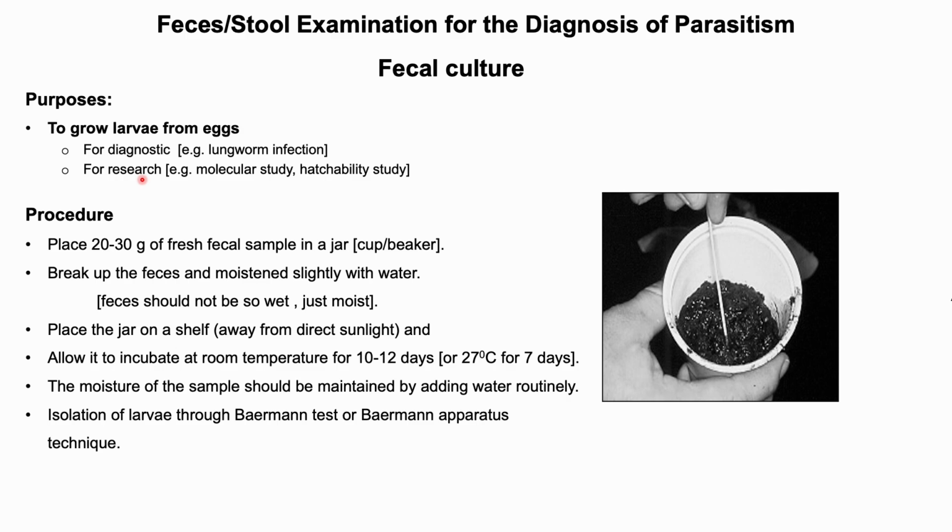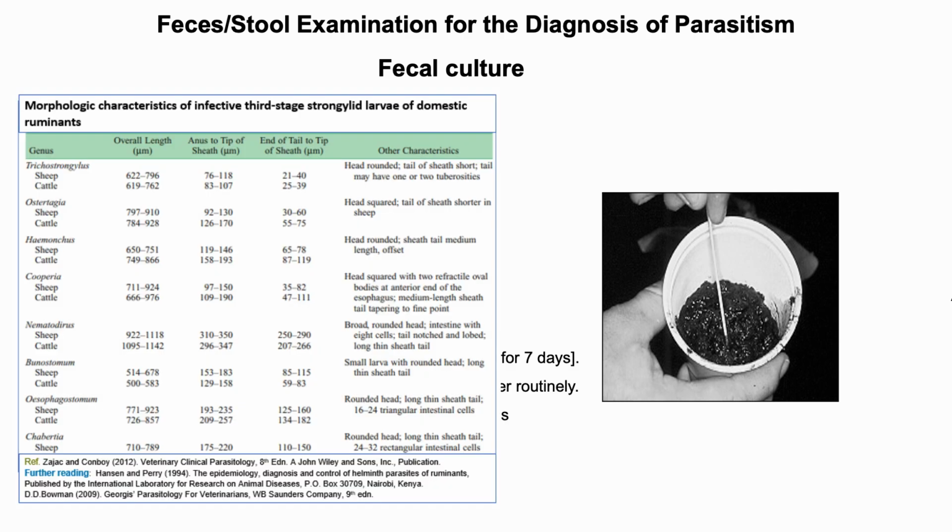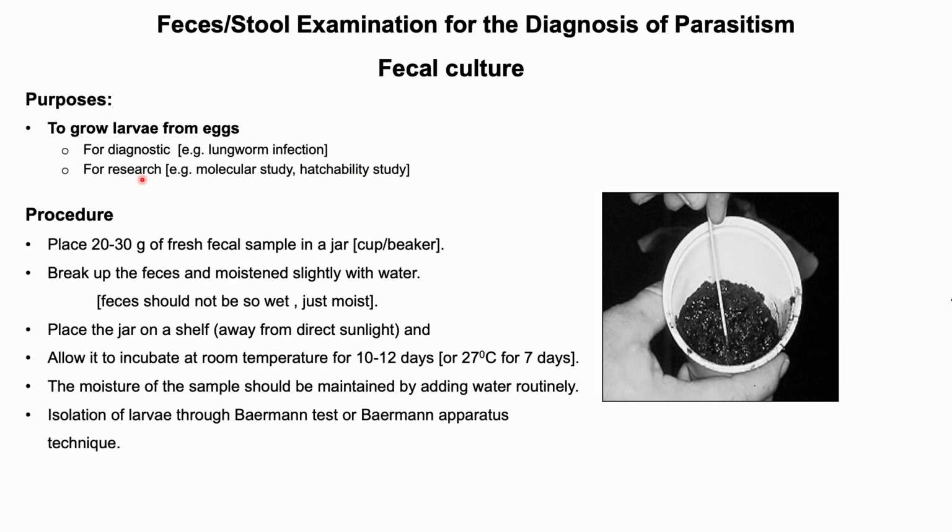The principle of this test is that fecal samples containing eggs are allowed to incubate at room temperature or at a certain temperature for several days to hatch the eggs into larval stages. Then larvae, mostly third stage larvae, are isolated using the Baermann technique or test. Specific parasites are detected by the morphological features of the larvae. However, the isolated larvae can also be used for different types of research, such as anthelmintic resistance tests, molecular studies,